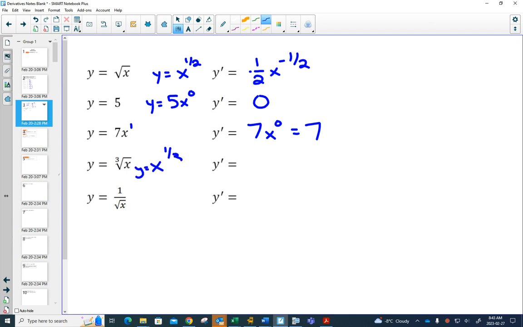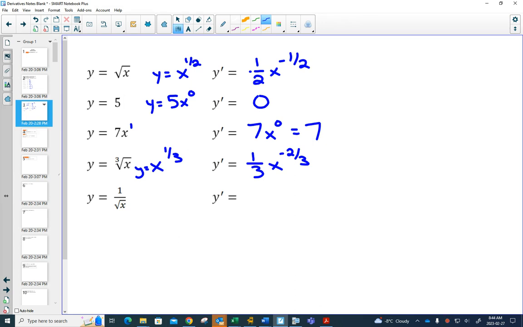rewrite this one as x to the 1/3, so that 1/3 would come out in front. I'll let you do the mental math first. 1/3 minus 1. How did you do? And then